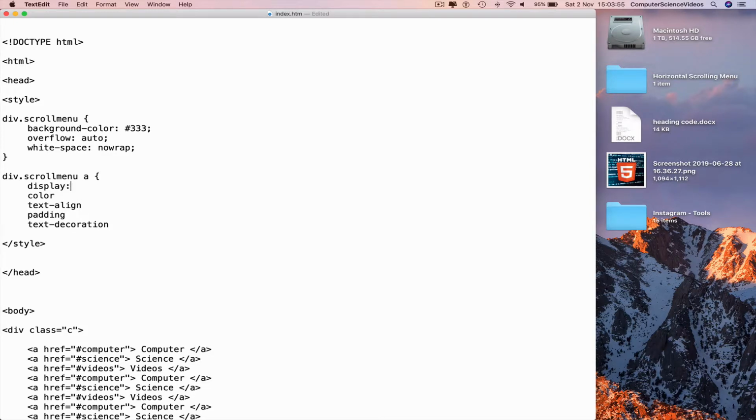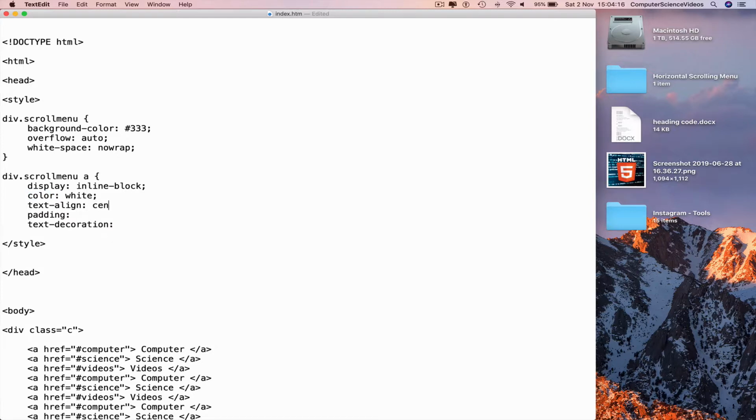Go back to the top, colon, highlight, copy, and then paste at the end of each word again. Go back to the top again, display inline dash block, semicolon, color, white, semicolon,